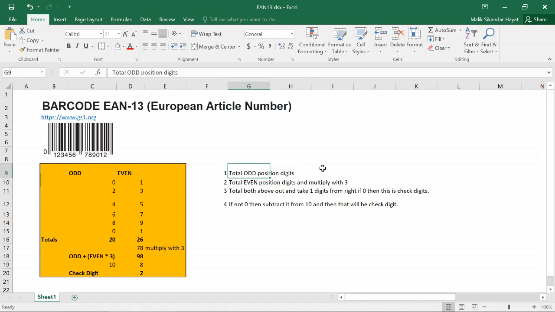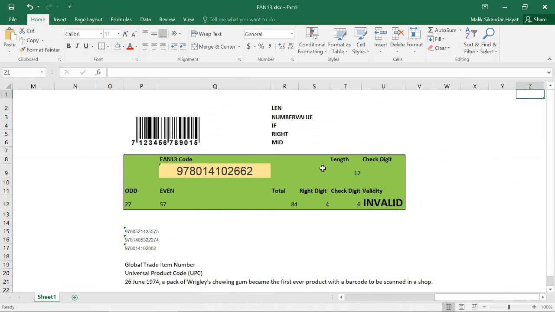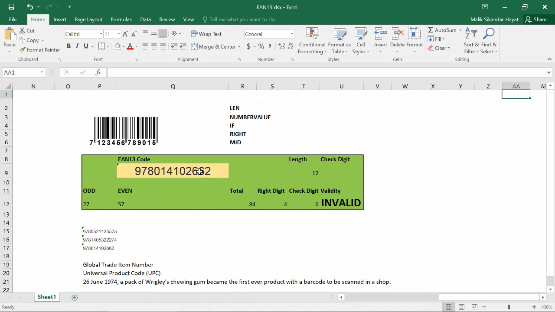Okay, now let me show you another example. I did something over here. If you see here, this is a barcode. I typed it here, 12, right?